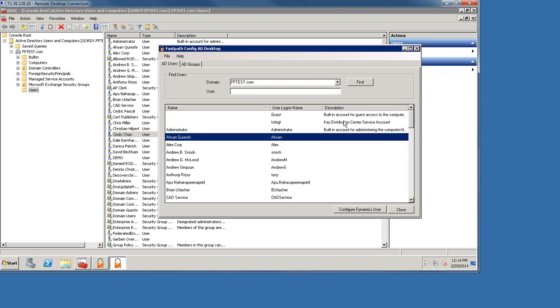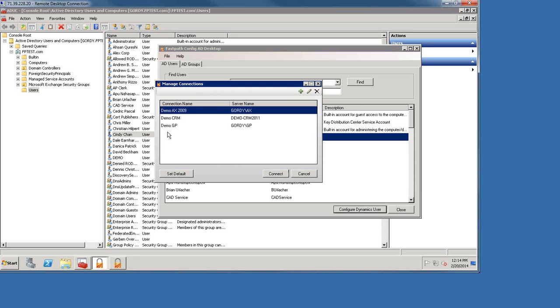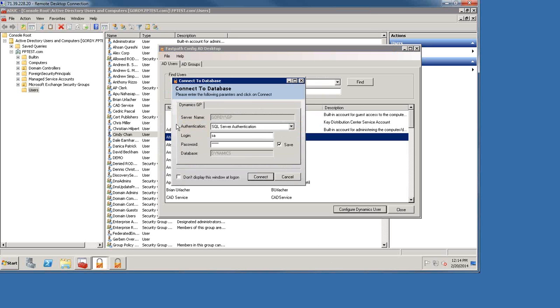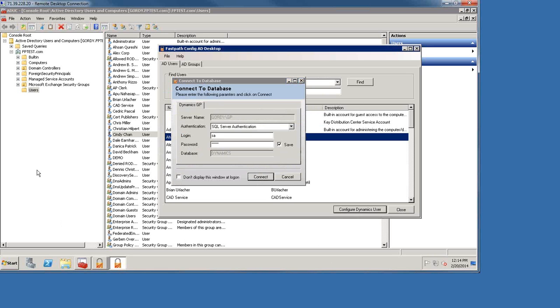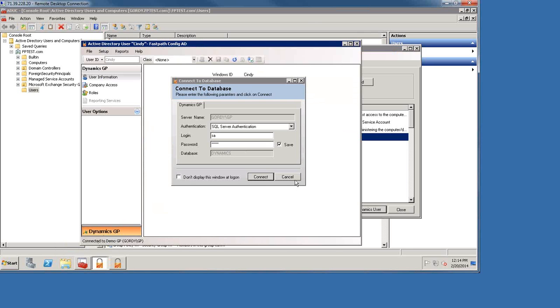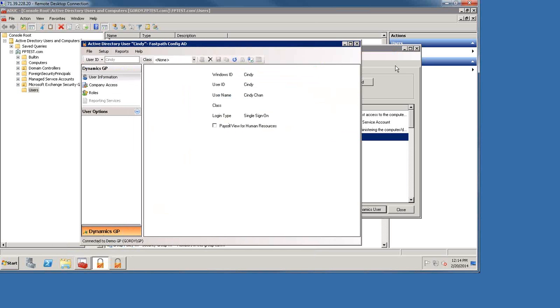We're not seeing any passwords. We can't make changes to anything in Active Directory at all. This is just reading those names. And if you were then to click on Configure Dynamics User, it's going to call the Config AD software just like it did from the Active Directory Users and Computers console. Okay, so just two different ways of getting to the software, depending on how you want to deploy this in